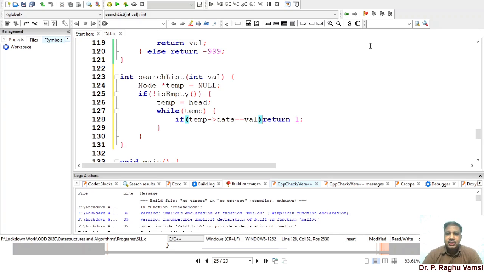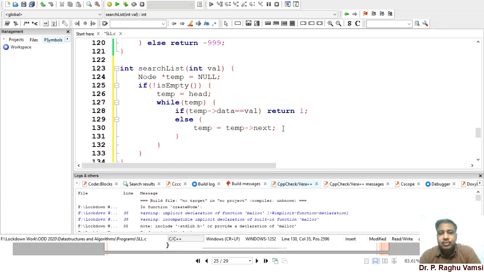That means search is successful. Else temp is equal to temp next. So thereby the iteration will take place. While temp data is equal to value, then return 1, so that the loop will exit here itself. If the temp data is not equal to value, then temp is equal to temp next.